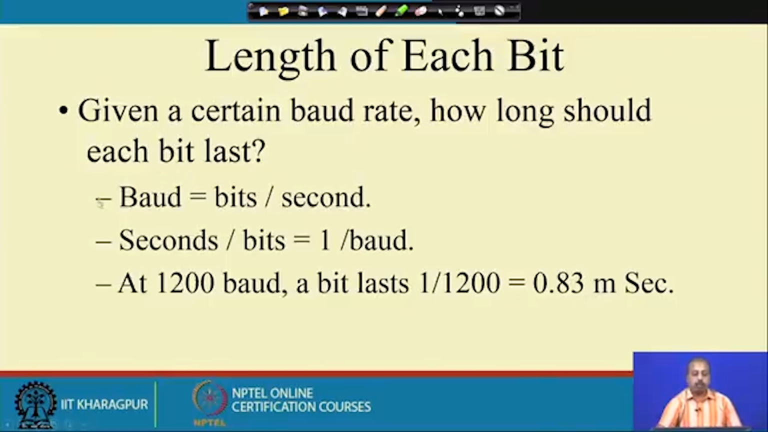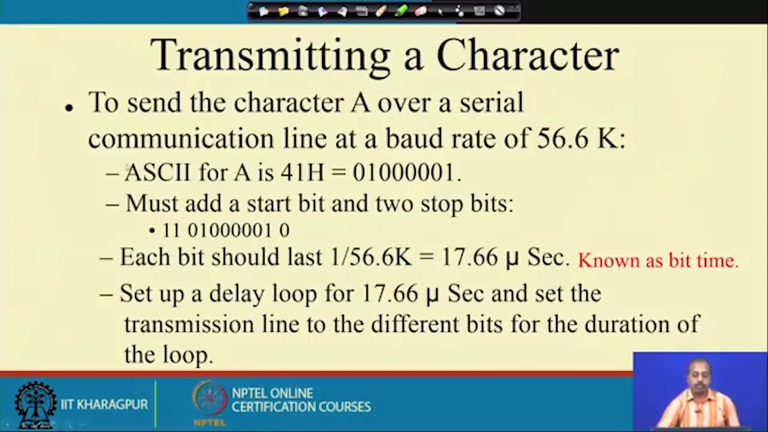Now, this term baud is slightly a misnomer here, because in communication technology baud is symbols per second, but here we are taking each bit as a symbol. So we will simply talk about them as bits per second, keeping in mind that baud is actually symbols per second. So at the 1200 baud rate, individual bits will last 1 by 1200, 0.83 millisecond. This bit timing is fixed, and then to transmit a character,